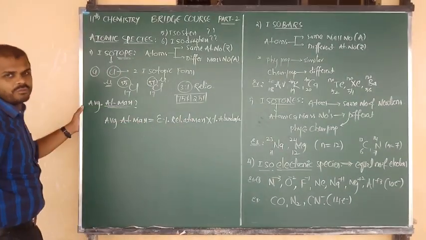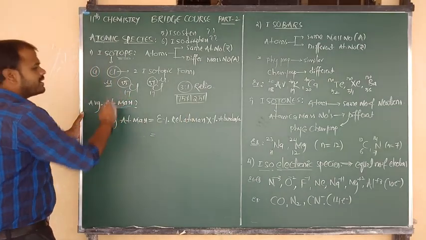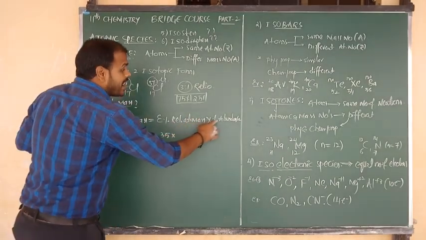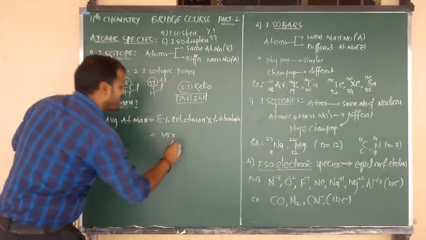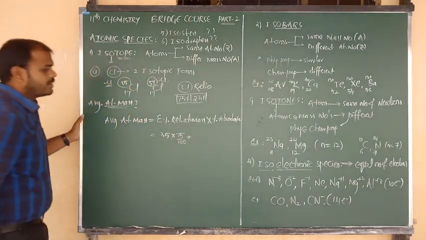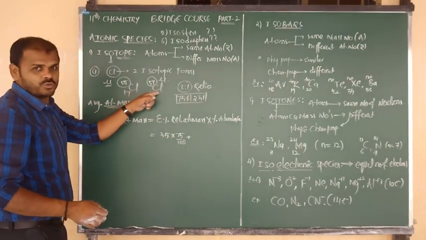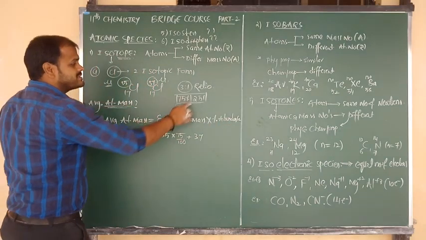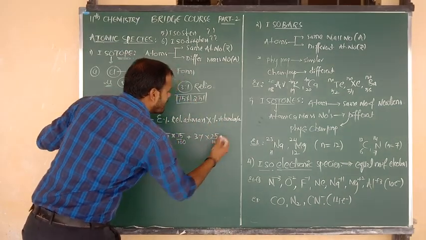So for this question I am going to apply this formula. Relative atomic mass, the first one contains how much? 35. Multiplied with percent of abundance, how much? 3:1 ratio. 3 means how much? 75%. So we have to say 75 by 100. Okay, summation. Go to the second isotope. What is the second isotope's relative mass? 37. Its percentage of abundance? 25%. Means we take 25 by 100.